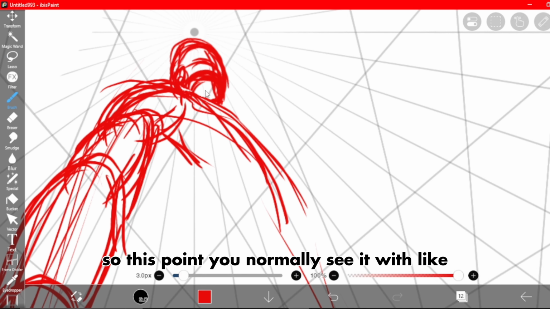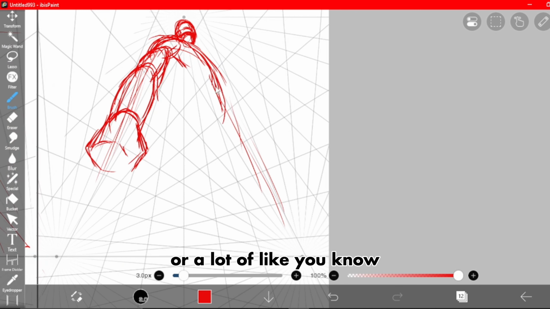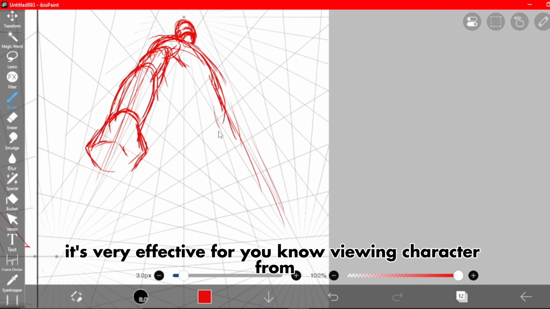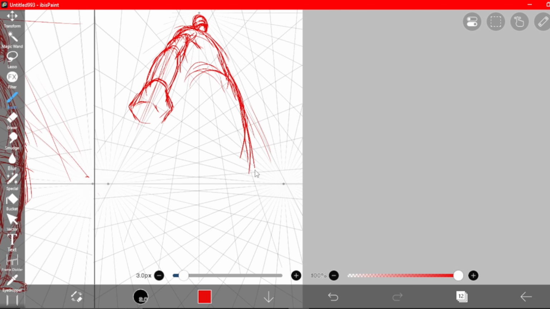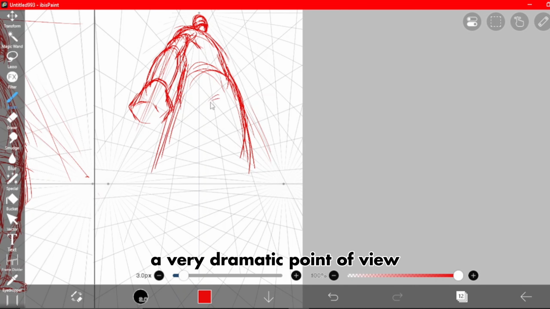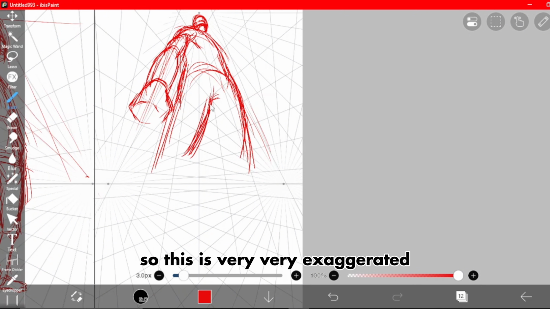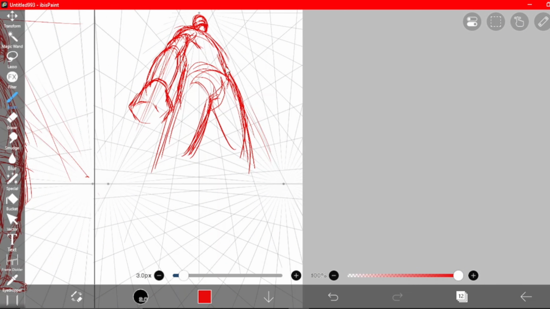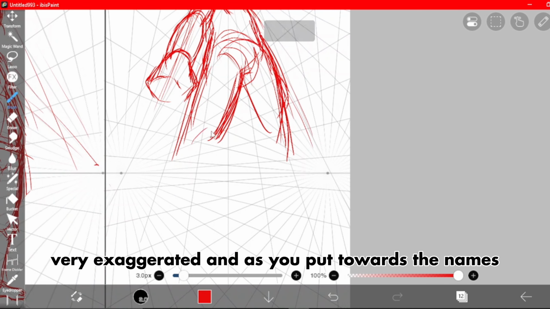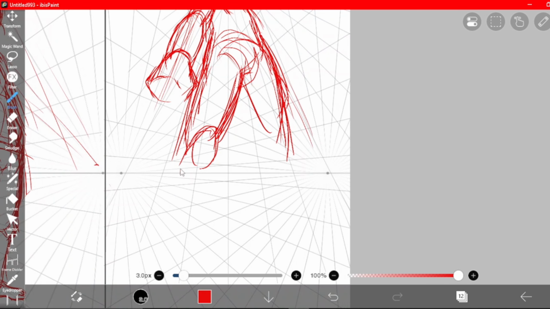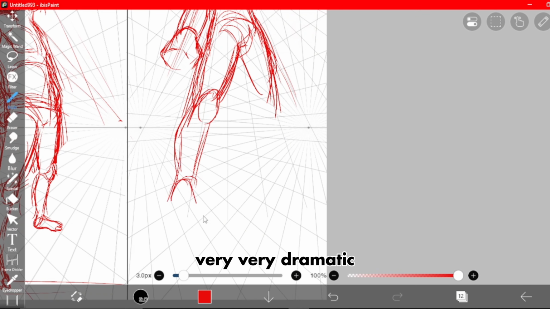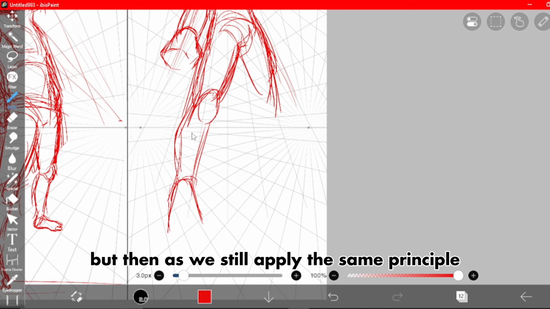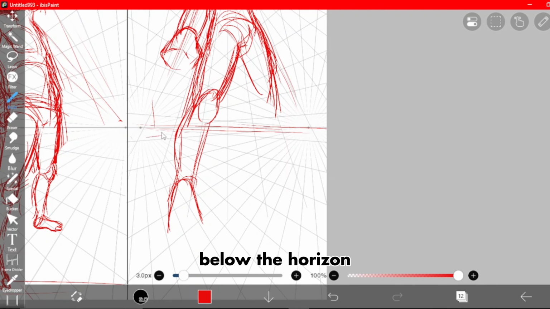So this pose you normally see in a lot of superhero movies, like Batman or Superman movies. It's very effective for viewing a character from a very dramatic point of view. So this is very, very exaggerated, and as you pull towards the legs, the character becomes very, very dramatic. But then, as we still apply the same principle, below the horizon,